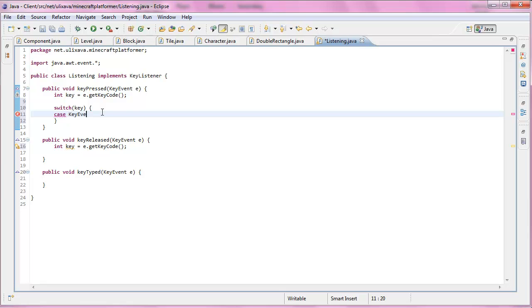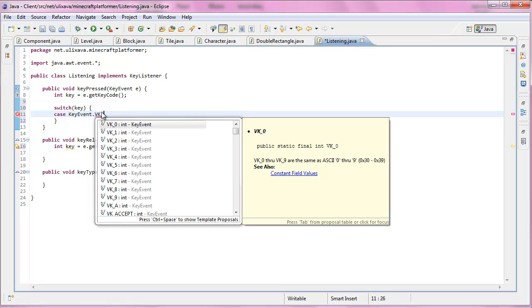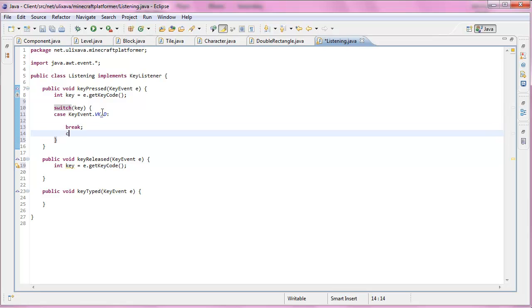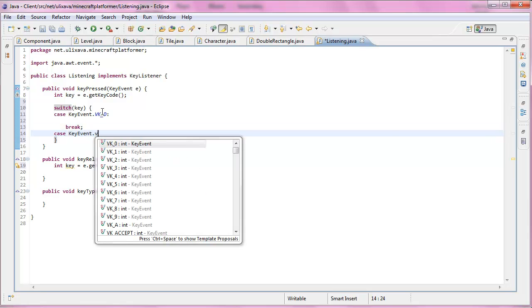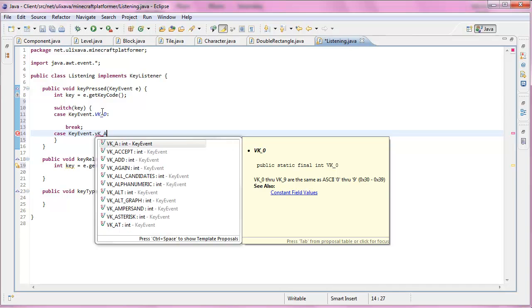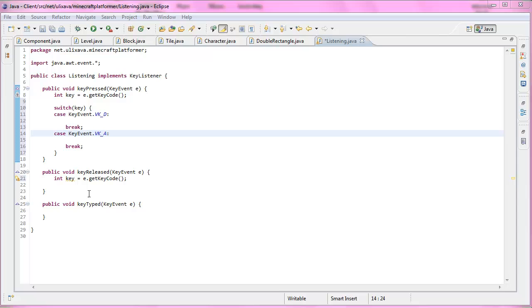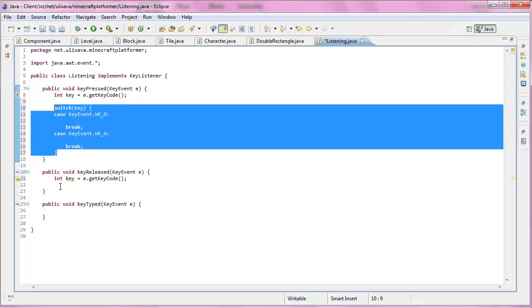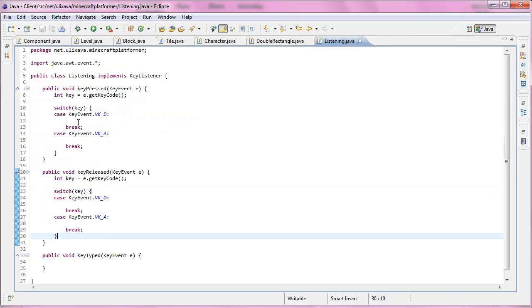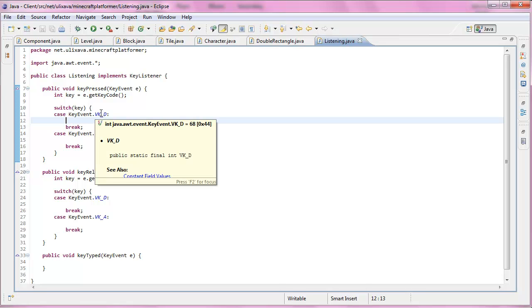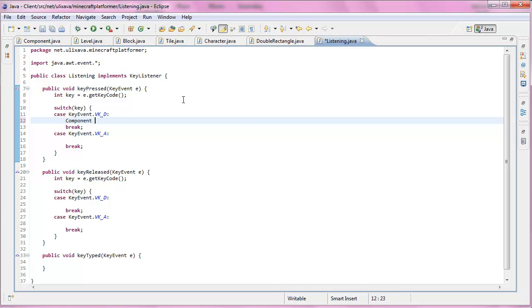So if KeyEvent.VK_D, in that case we want to do something in there. But in case of KeyEvent.VK_A, break. What we want to do in here is that we're just going to copy this so that we can see what keys are released. But if we press down our VK_D key, what's going to happen is that the component